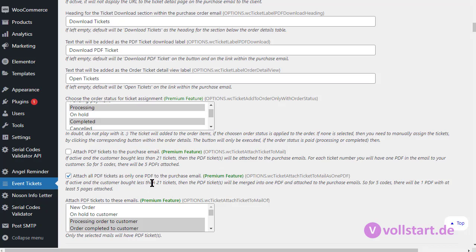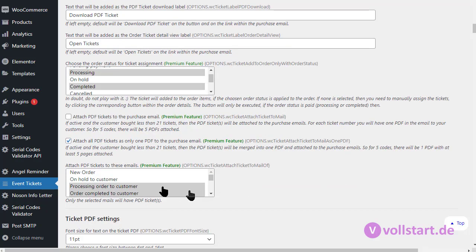Attach all PDFs as one PDF. The same, you can activate both. It makes sense if you need this. And then they will have all the 5 tickets, let's say, and then additional 1 PDF with all the tickets again. The advantage, if you choose the single one, maybe they bought the tickets not for themselves only, and so they can send this to their friends. Here's your ticket, X, Y, Z. With the one, it's also possible, but they will have all the tickets, of course.